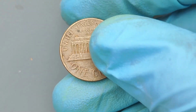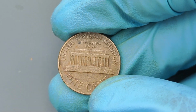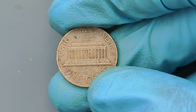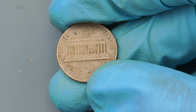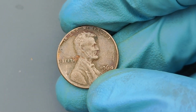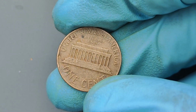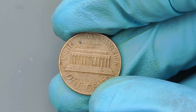Before you run off to check your couch cushions, let's talk about why this penny is so valuable. The 1964 D penny was minted in Denver, and at first glance, it looks like any other. But here's where things get crazy: certain errors and rare variations in this coin have made it one of the most sought-after pieces in numismatic history. Some have misprints, some have double dies, and a select few have anomalies so rare that they can command millions